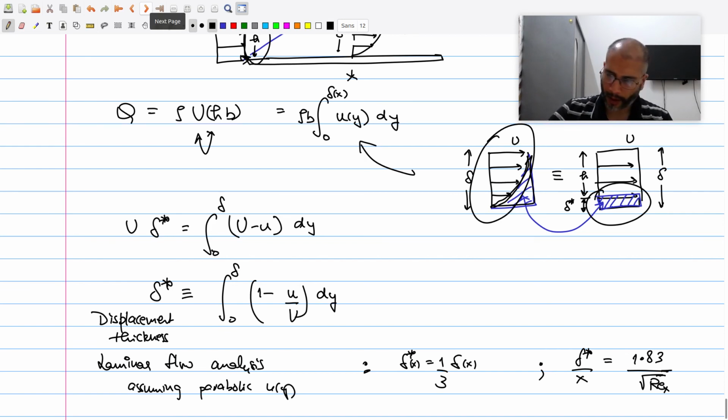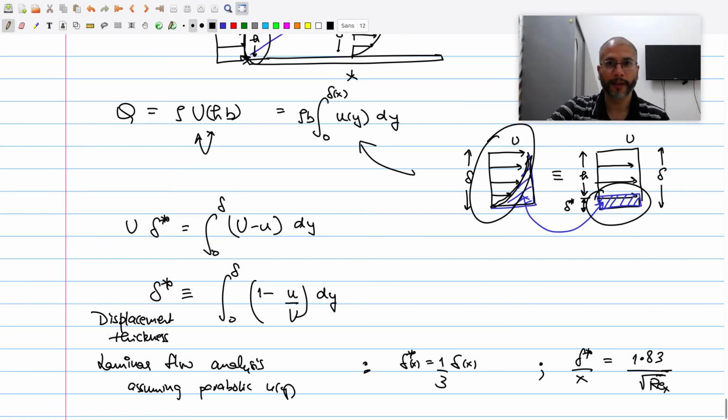Okay. So we'll stop the discussion here today because we have now got a decent understanding of how to use the integral analysis for calculating different terms such as the boundary layer thickness, the momentum thickness and the displacement thickness. And of course, in this case we assumed that the flow velocity profile was parabolic, and that was just an assumption. That is what von Karman assumed in 1921 because there was no way to find out the velocity profile.